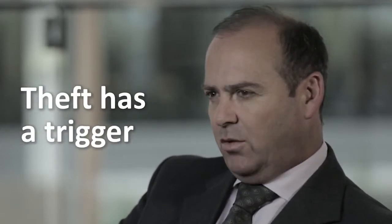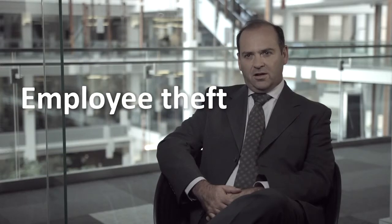The biggest problem that we tend to find with fraud and theft is that theft always has a trigger, which is external: a broken window, violent entry, which is really forcible, where there's evidence that a third party has entered the premises, often outside business hours. The fidelity element, which relates to employee theft, could happen under the owner's eyes,